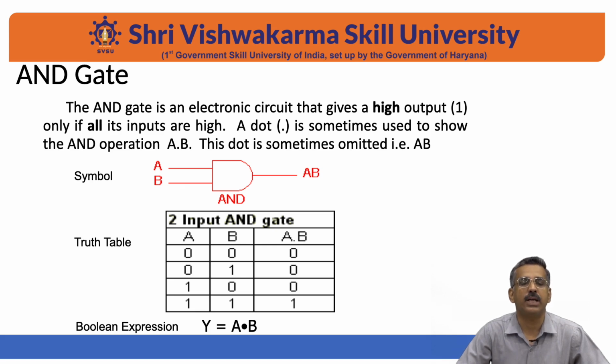In the second condition, we are looking at when one input is high, that is 1, where A is equal to 0 and B is equal to 1. Under this condition, again the output is 0, as we have seen in the previous case that the LED was off. Now, let us see the third condition. In the third condition, A is equal to 1 and B is equal to 0. Under this condition, the output of the AND gate will be equal to 0, as we have seen in the